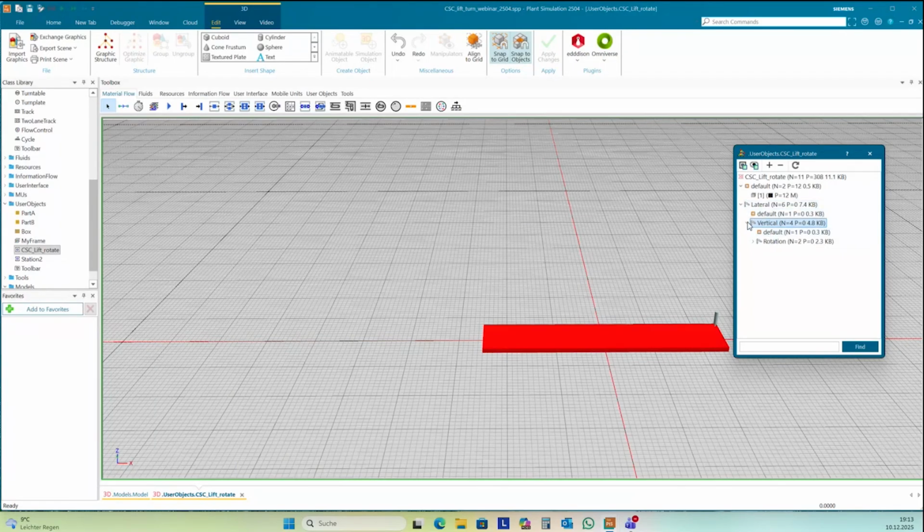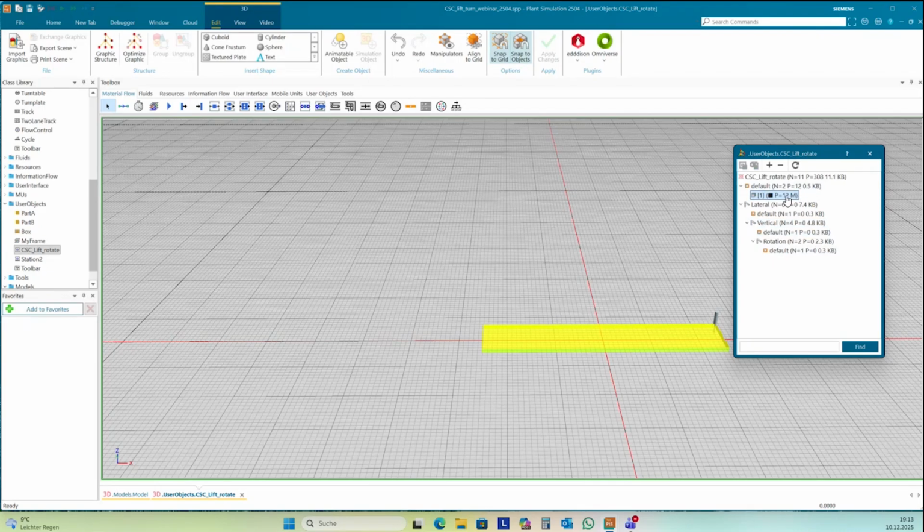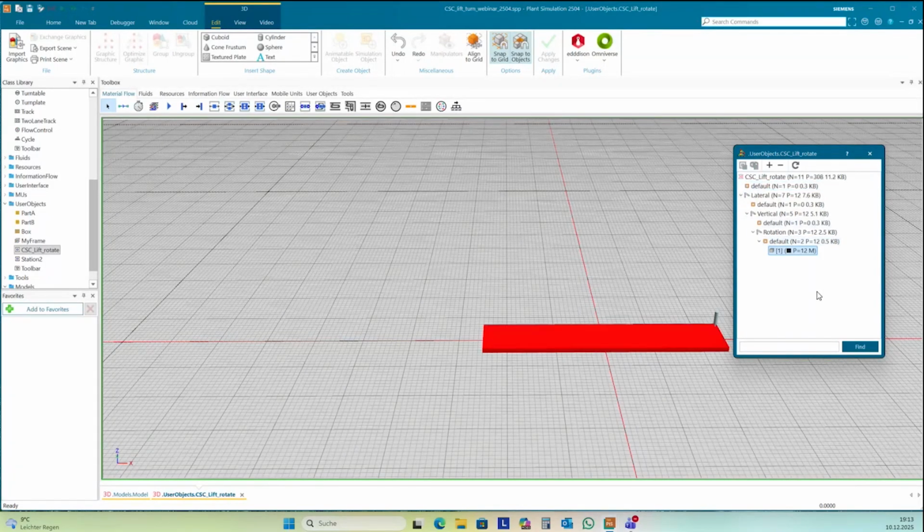It needs to be a structure inside of lateral. All these animatable objects need to be inside of lateral. Lateral is our top, and then I need to cut my graphic from the basic default graphic group and copy it down into the animatable object for rotation.